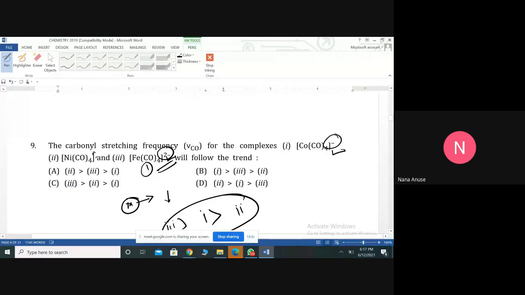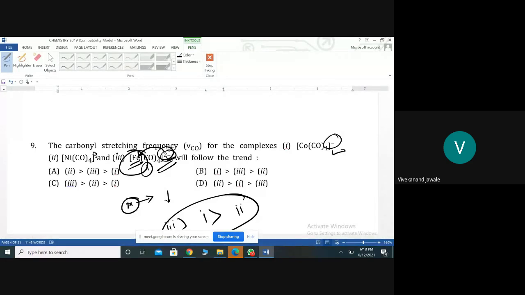Here we have 0. And the higher the charge, the higher it will be on the metal. Whatever charge is present on your complex, the same charge you have to follow on your metal. This is the trick. This is not your actual theoretical concept. By using our trick, you can say the same metal also has higher electronegativity. And the concept is, the higher the electronegativity on your metal, the lesser the carbonyl frequency.